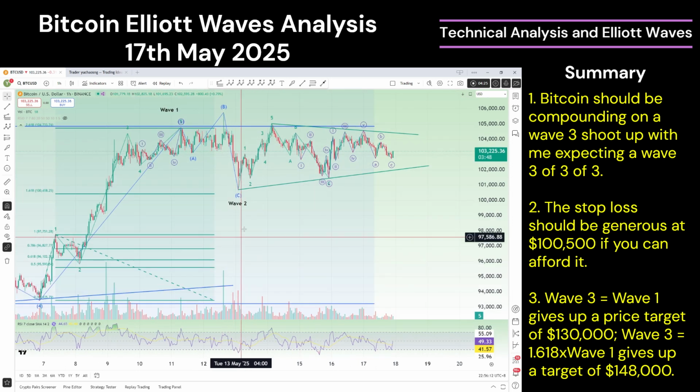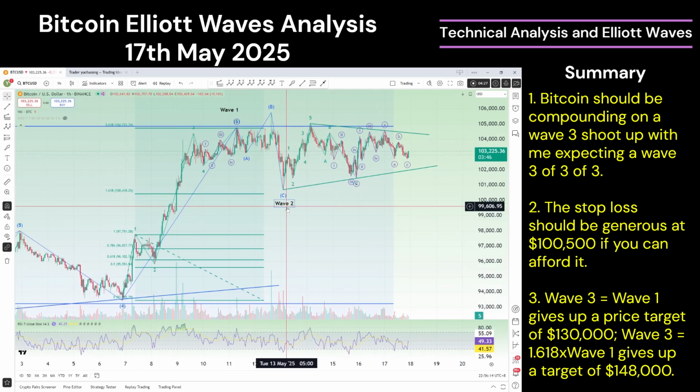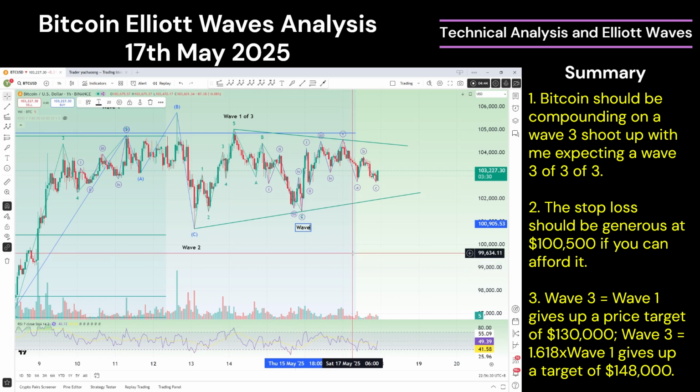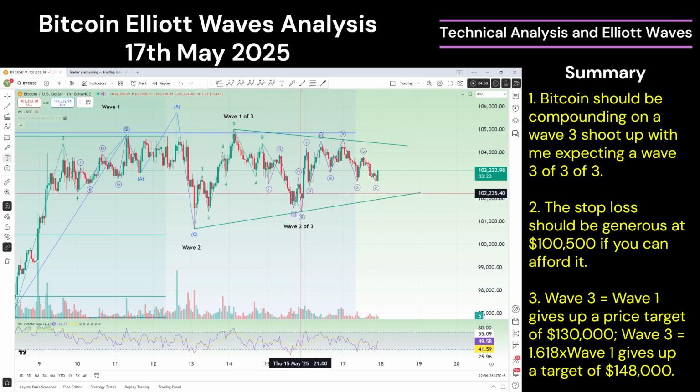Okay. Now, if I've identified this as a wave two, right, then this will be a wave one of three. Right. This five wave here, wave one of three. Okay. And then I will have this as a wave two of three. And over here, this five wave up